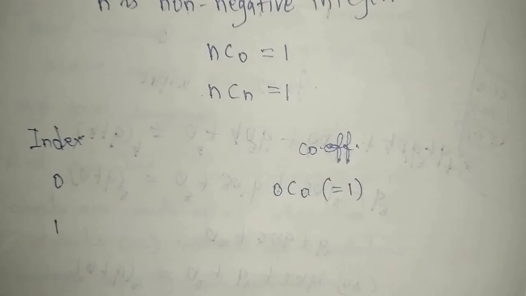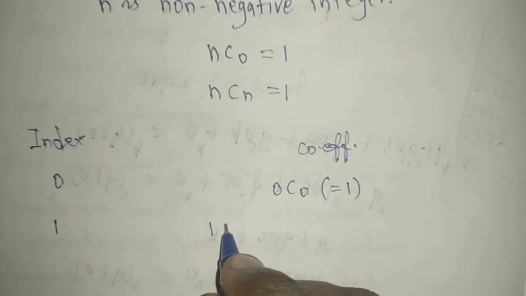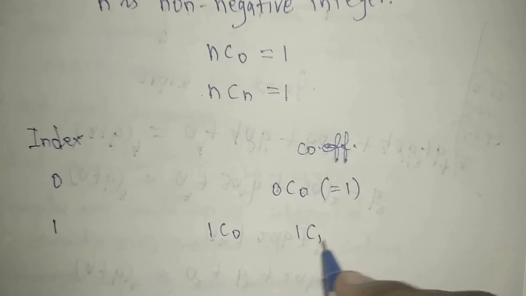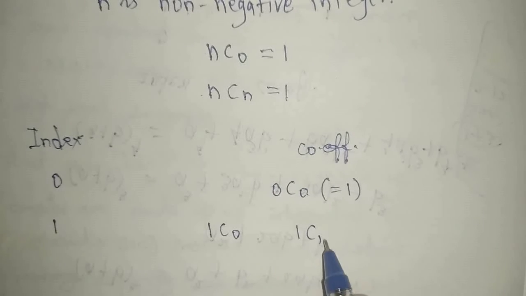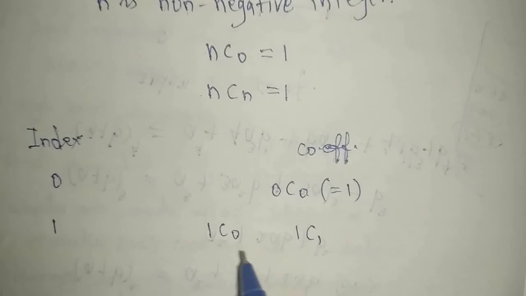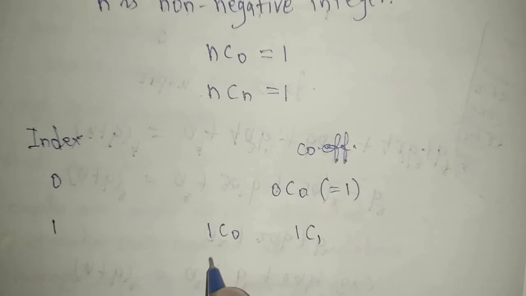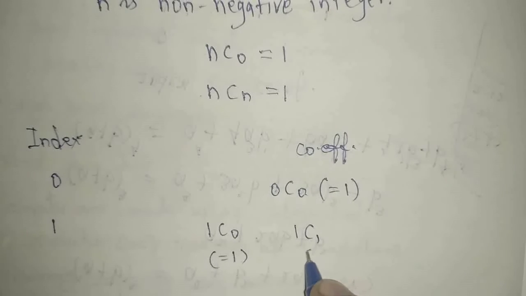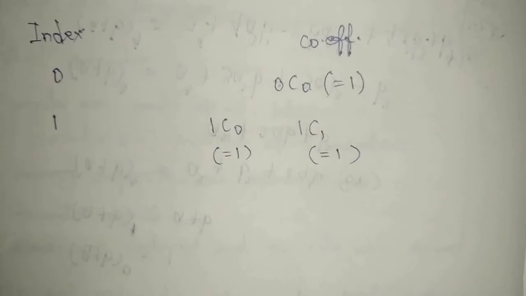Suppose I'm giving 1. See, first term 1C0, next term 1C1. Here, 0, 1, I mean the r only, n will not change, that is constant. So here 1 is the same, here we have to give 0, 1, 2, 3, like this it will go. When you are getting 1, you need to continue this. So for this you will get the value C0, I said 1, and at the same time both are the same, this is also equal to 1. Like that you have to go one by one.